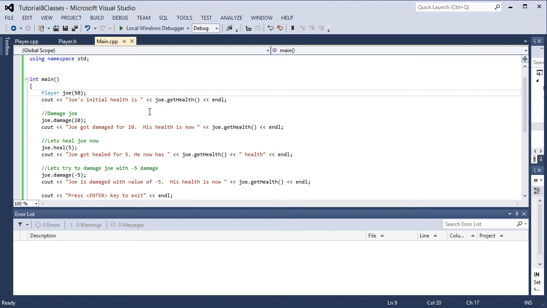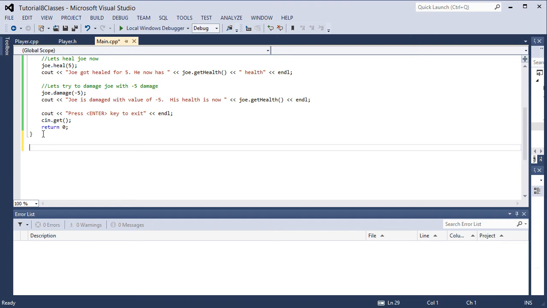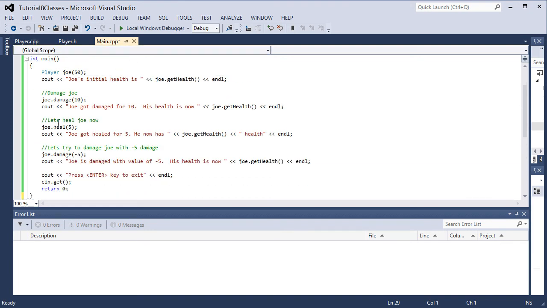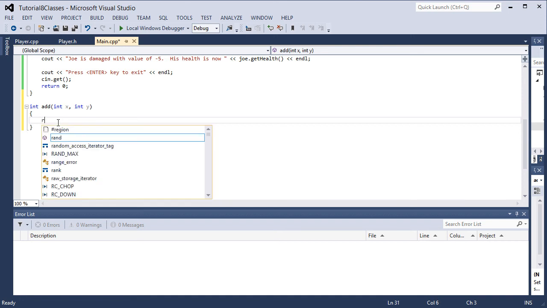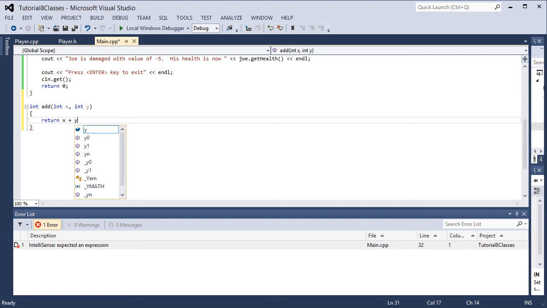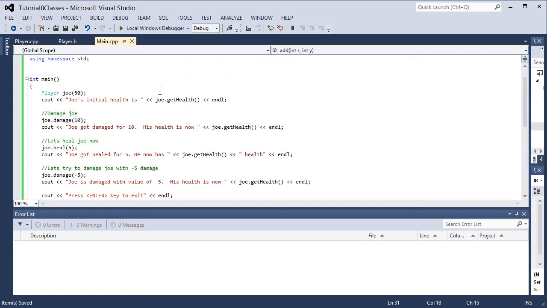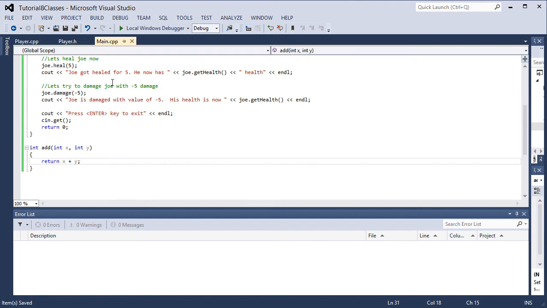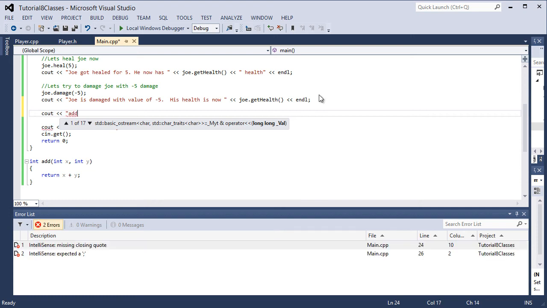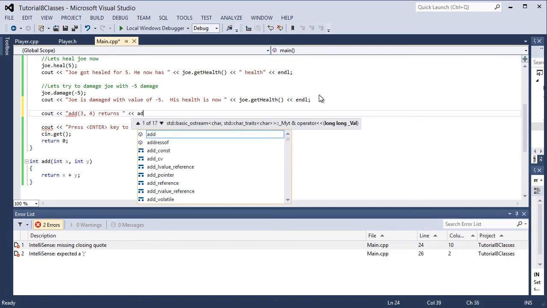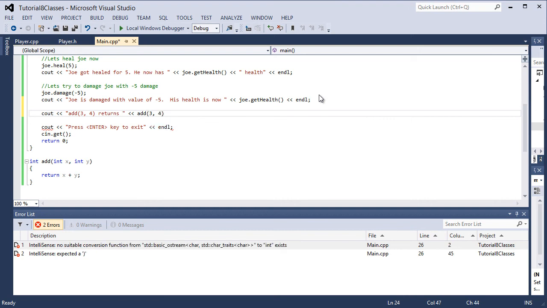I'll give you a brief example to get you to understand things a little bit better. After the main function in the main.cpp file, let's add a function called add that accepts an int x and an int y. It returns an integer, so we return just x plus y. Okay, now you see that's actually in the main.cpp file. So let's do this. cout << "add 3, 4 returns " << add(3, 4) << endl;